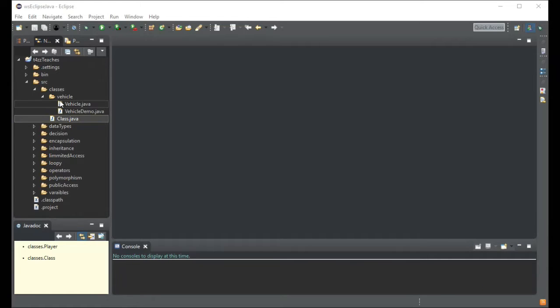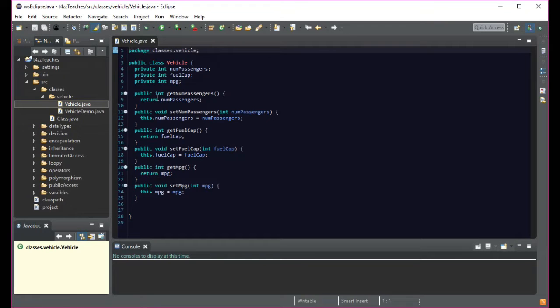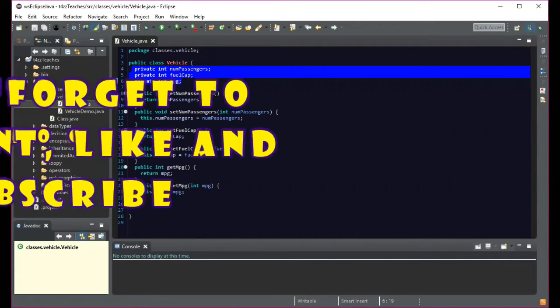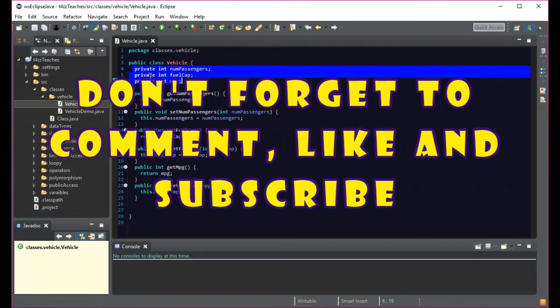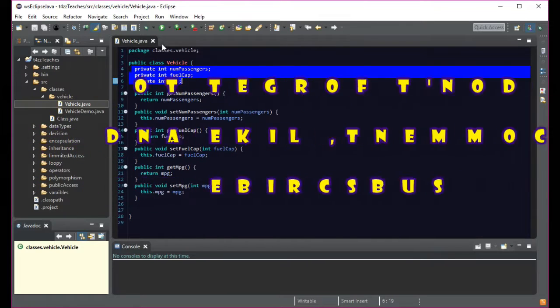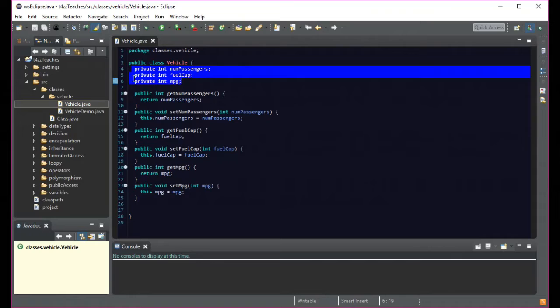So in the last episode, we were talking about classes. We talked about how to generate a class, and we created our class for vehicle, where we set up our instance variables, and then we also had our instance methods that we could access. Now we've talked previously about private, public, and protected, and the default as far as access modifiers. So what I want to explain now, and we went into it just a little bit before, is